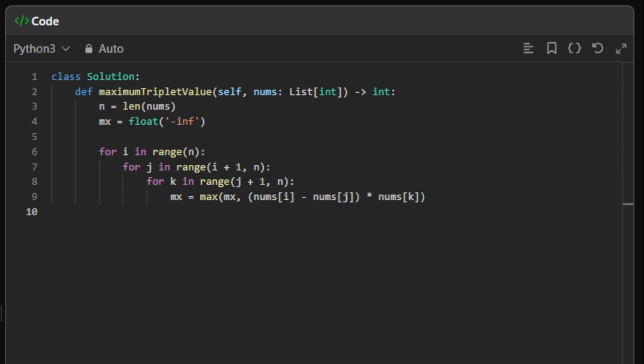And finally, the problem states that if we get a negative value, we have to return 0. So we want to return the maximum value that we got if that value is greater than 0. Else we want to return 0. Okay, this is an if,